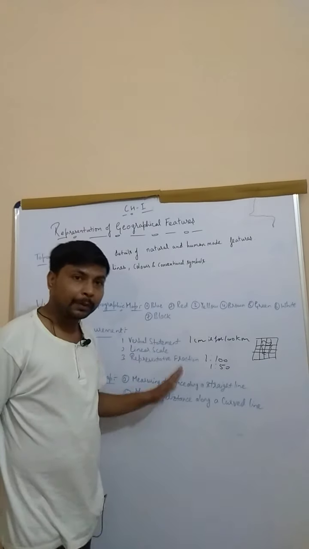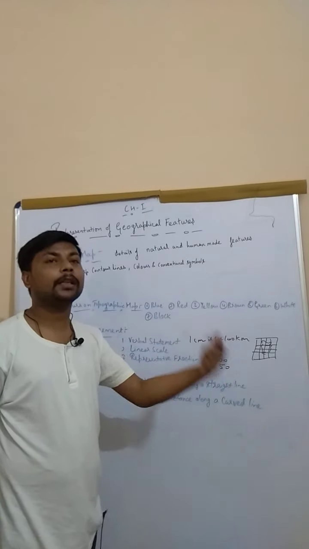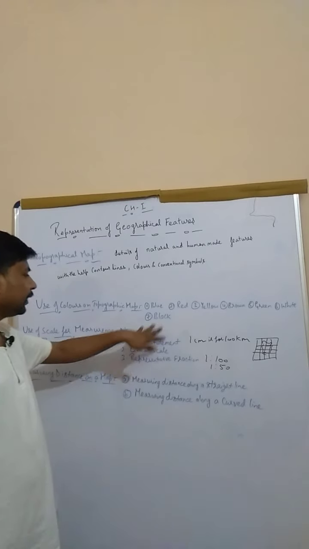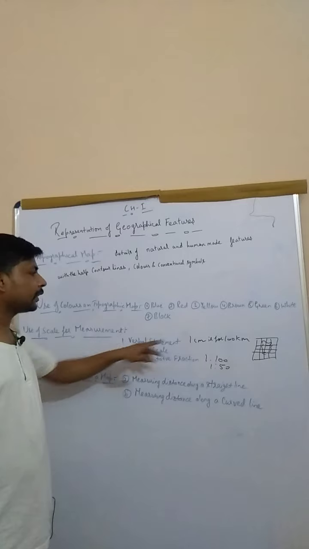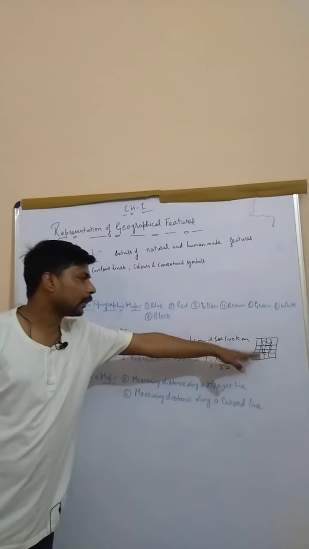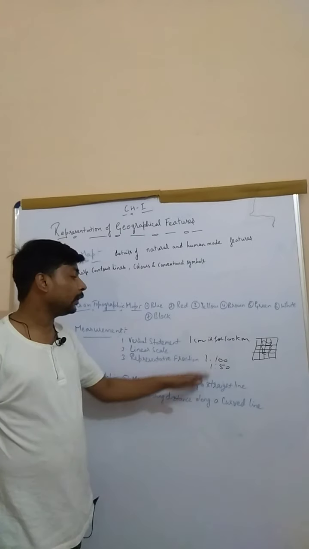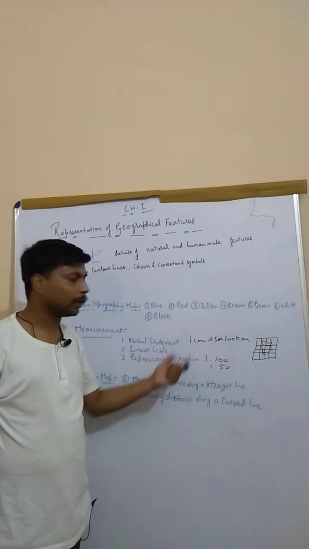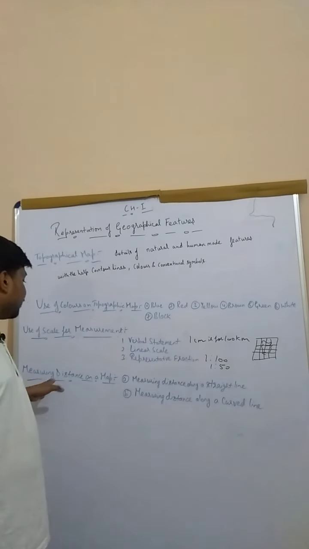If the difference between two places on a map is 1 centimeter, then how much is it? 100 kilometers on the ground, right? So we have three types of scale: verbal statement, where normally a statement is given; linear scale, the cross section view, this type of scale; and RF scale, the representative fraction scale, where a fraction like 1:100 means 1 centimeter equals 100 kilometers is given to you, right?